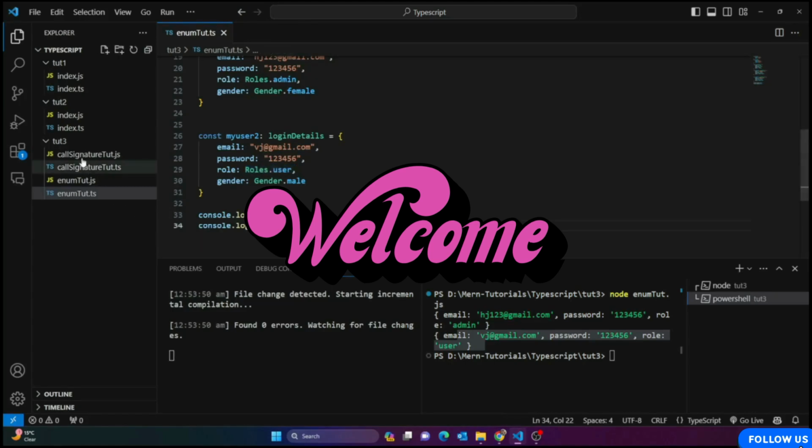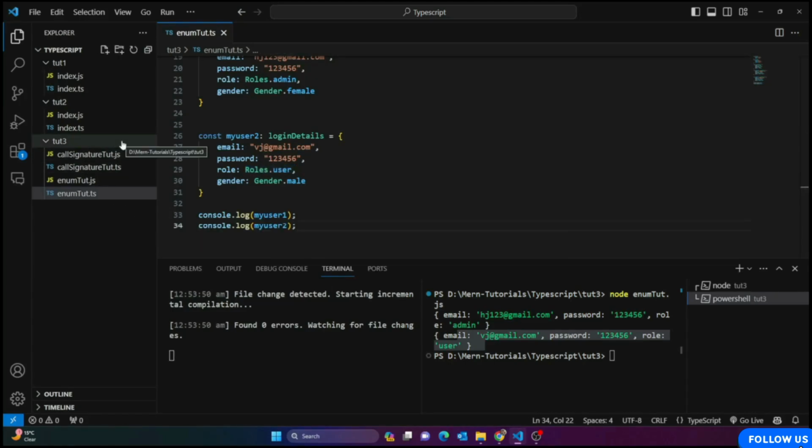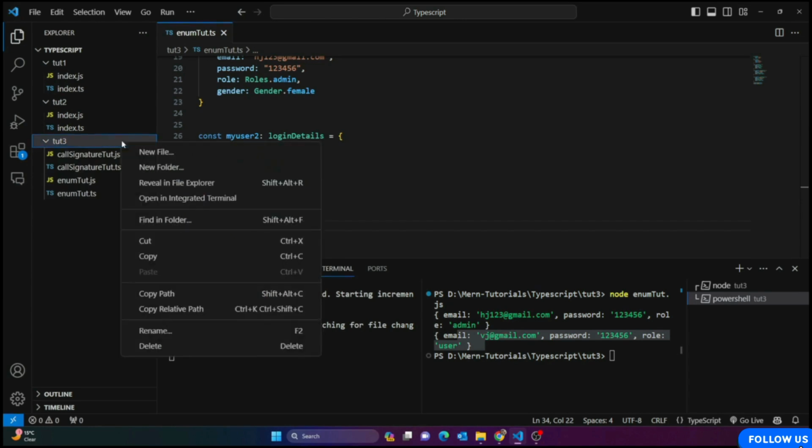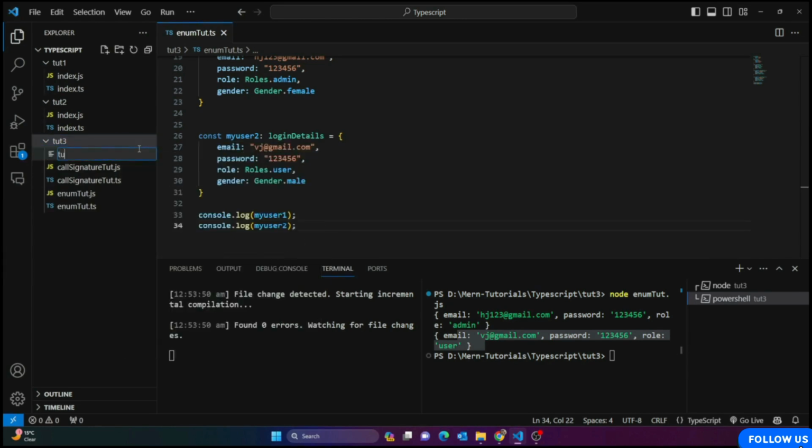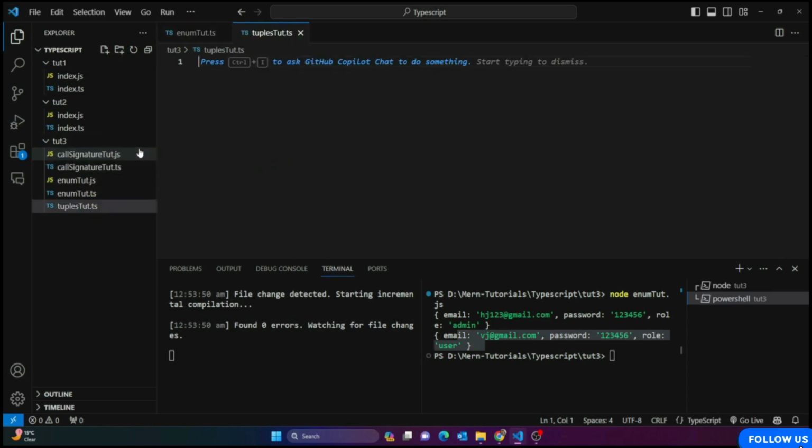Now guys, we are going to talk about tuples in TypeScript. Okay, so now let's create a new file and I would just name it tuples tut.ts, right? So here I would just close everything, and here I'm just going to talk about tuples. So what are tuples? In TypeScript, tuples are a specific data structure that allows you to create an array